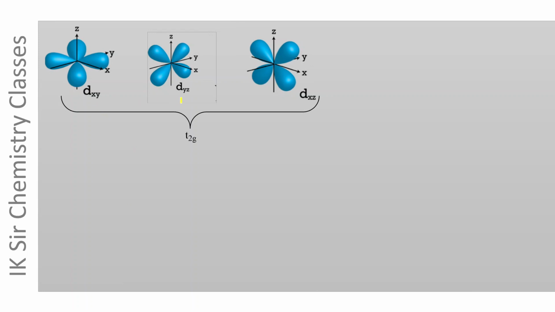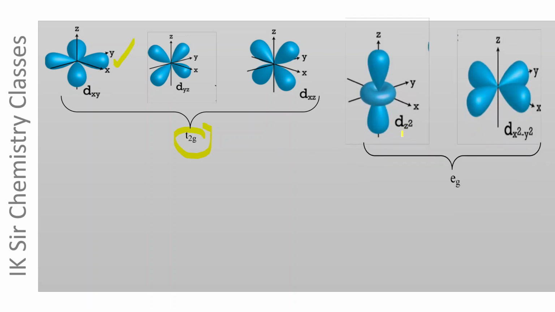3dxy, 3dyz, and 3dxz orbitals have symmetry T2g. The lobes of these d atomic orbitals lie in between the axes, while 3dz square and 3dx square minus y square orbitals have lobes along the axis. The symmetry of these orbitals is Eg. It is obvious from the above figures that